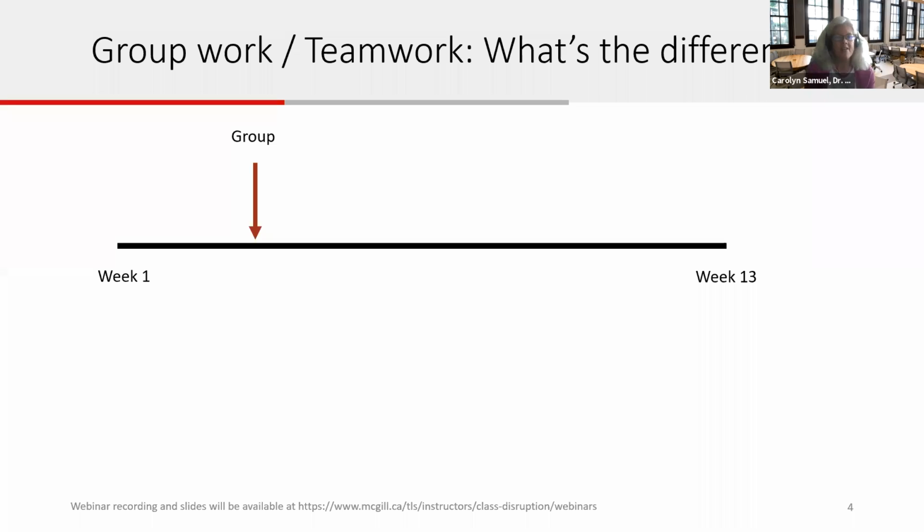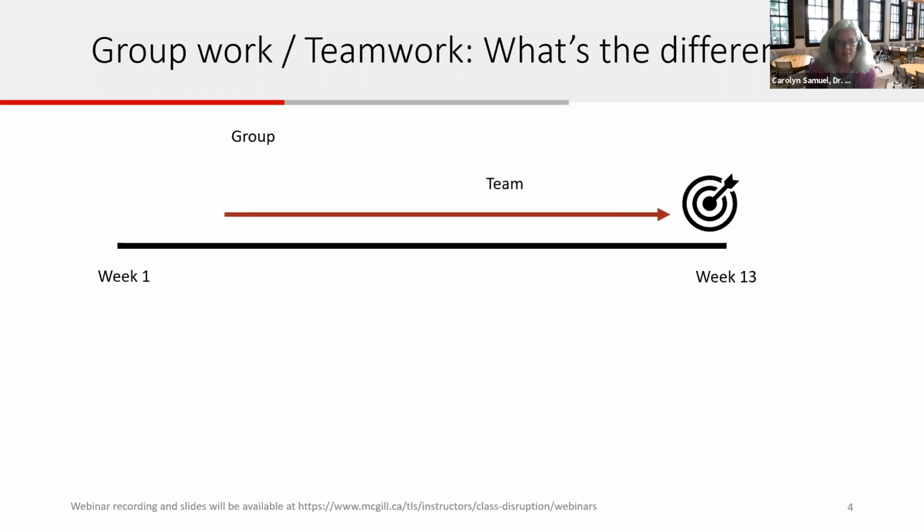So we imagine group work to be like a one-off. So you might have students in your class working together just in one class period, or maybe in 2 class periods, but essentially it's a one-off. In contrast, teamwork is sustained over a semester. So we have an arrow that goes across the semester.